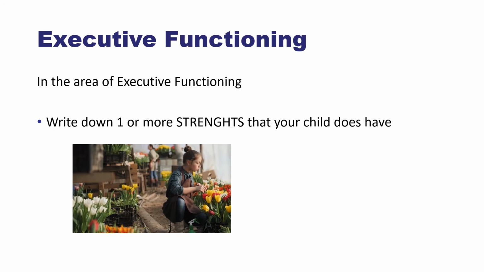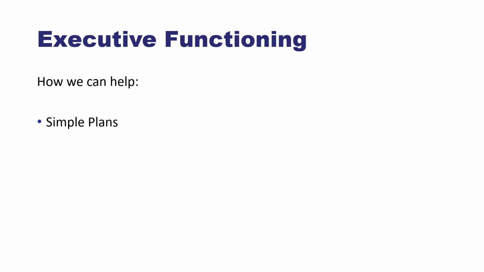Your child may have strengths in executive functioning, so they might have interests and strengths that require some executive functioning skills. So you want to make sure that you're also noting that. You may have a child that has a part-time job and they're able to get there on time, or during the part-time job they know where they need to be and what to do, and that all takes executive functioning. So you may want to write down what those particular strengths are. So again, executive functioning, we see those challenges more as they get older, sort of middle school age.